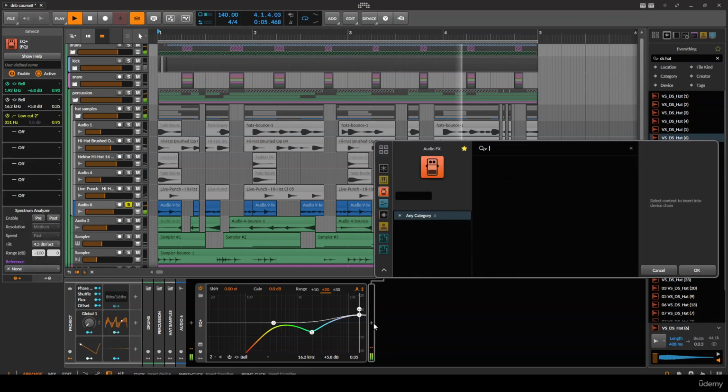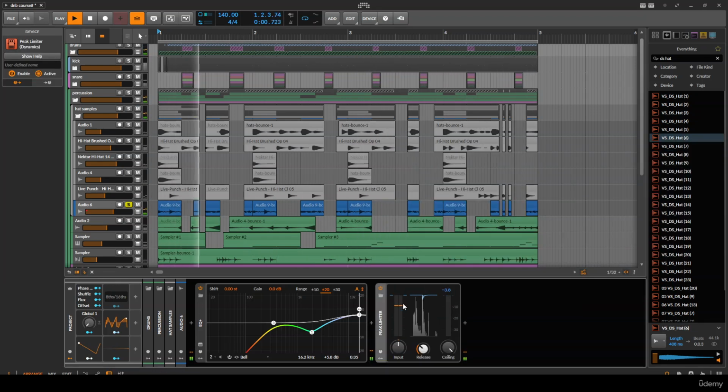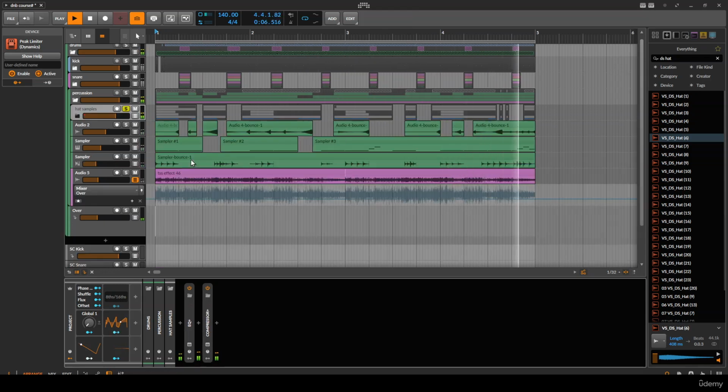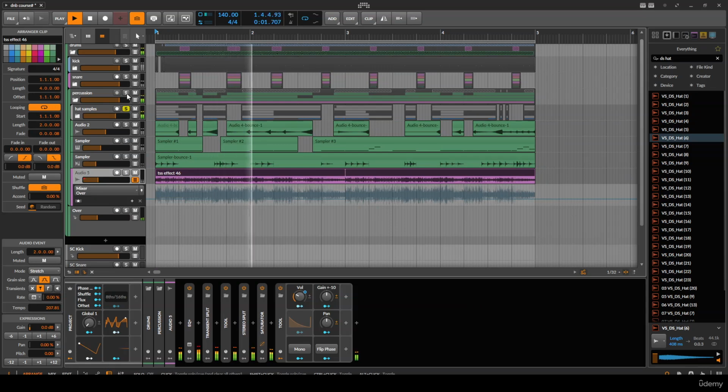This also needs some limiting. Just taking some of these transients down a bit. Mostly less so for headroom and really just because I prefer the sound of them being flattened out a bit. But it also gives us more headroom, of course. So let's